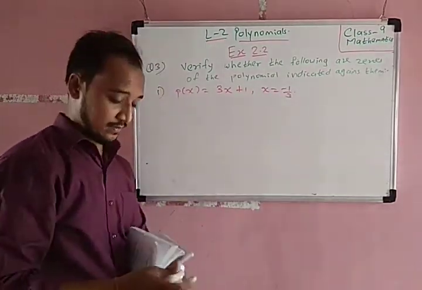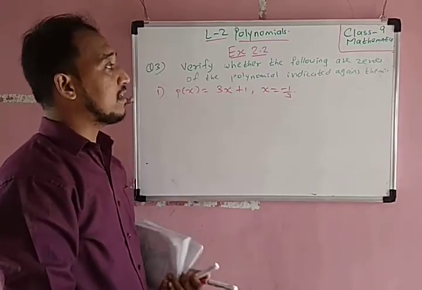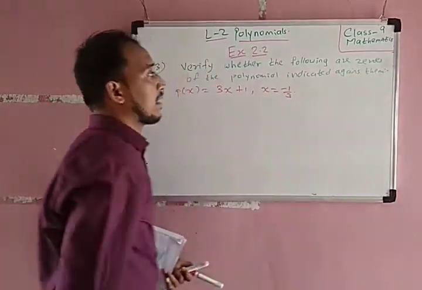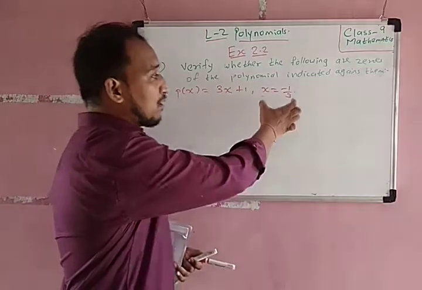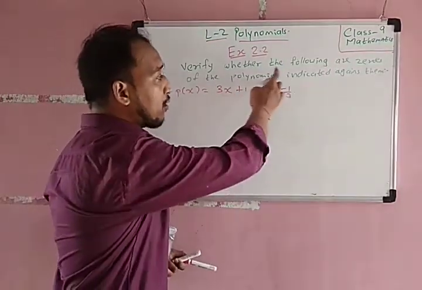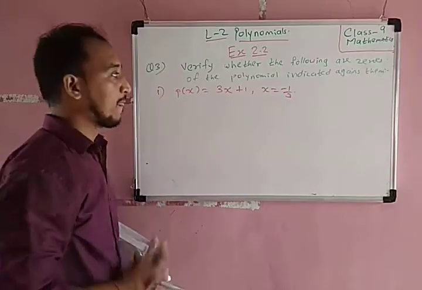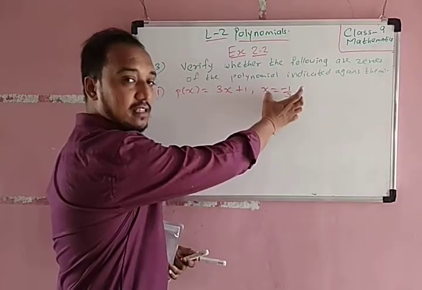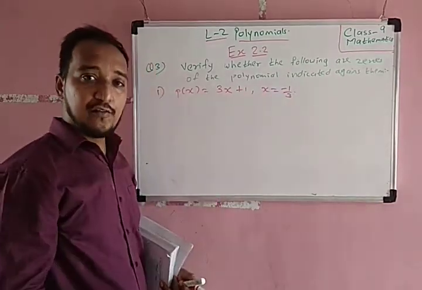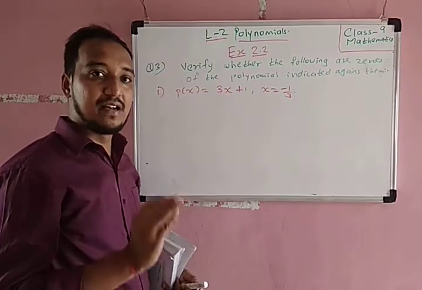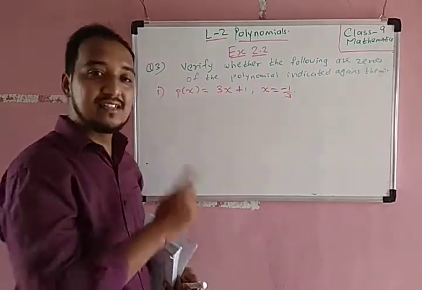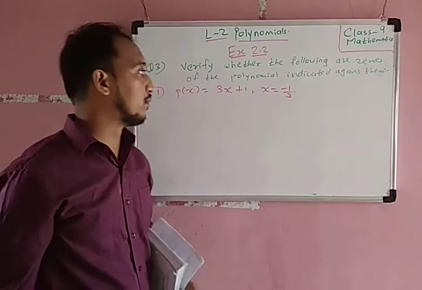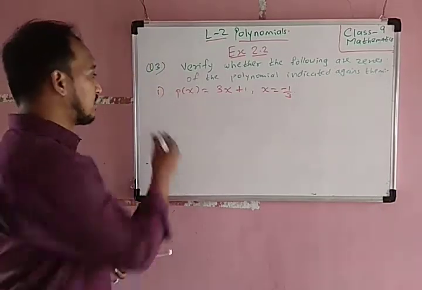So what we have to do here? We have to verify whether the following are the zeros of the polynomials or not, indicated against them. यानी हमें polynomial दिया हुआ है कुछ, उसके सामने कुछ points दिए हुए, वो points पे ये वाला point हमारा zero हो रहा है या नहीं वो verify करना है. So for that what we have to do? Simple, we have to put this value in place of x. If we get 0 as the answer, means हमें value अगर 0 मिल रही है, then that is the zero of the polynomial. And if we do not get the value 0, then that is not the zero of the polynomial. Okay, so let us solve this.